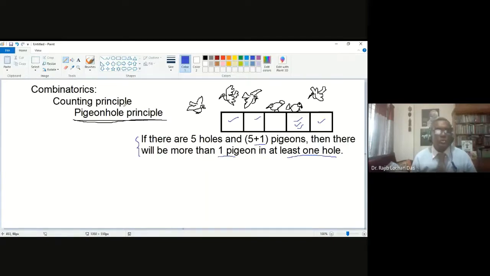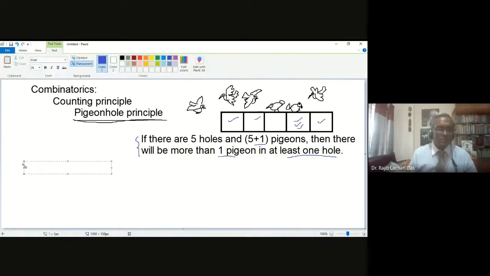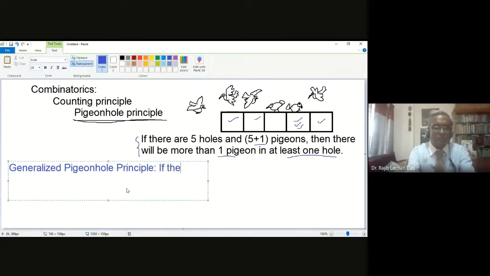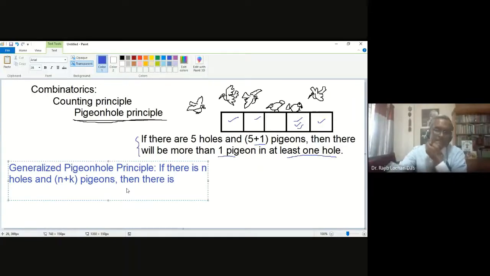So if we want to know the general theory, then let me write out the general theory. So generalized pigeonhole principle. So what is the generalized pigeonhole principle? The generalized principle says that if there are n holes and n plus k pigeons, then okay, so